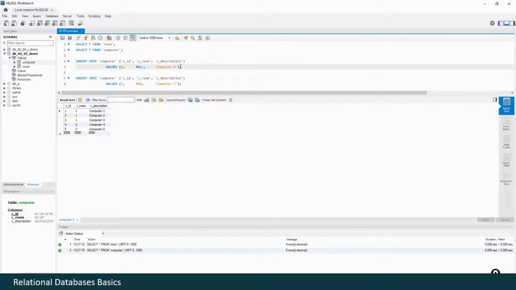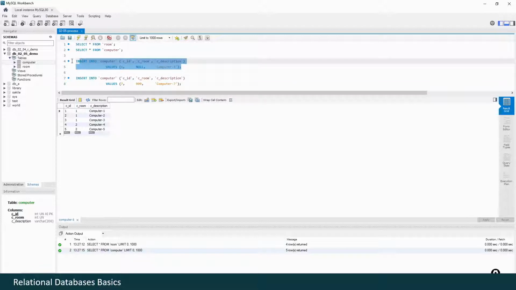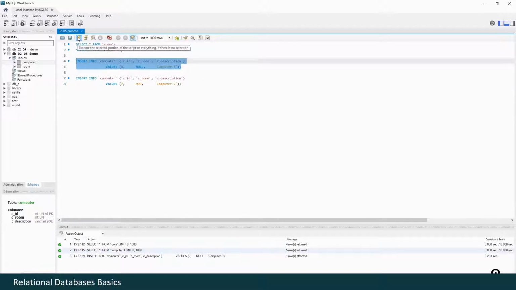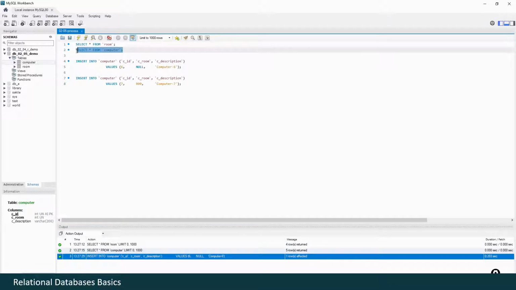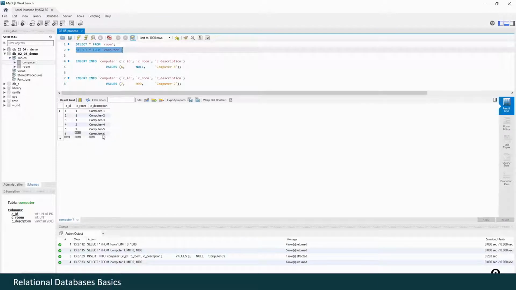Then we will try to add two records into this table. First of all, we shall try to add a record with null in the foreign key. As we remember, the C room column allows insertion of nulls. So when we execute this query, as we can see, everything's okay. We may check. Okay, this computer was successfully added.